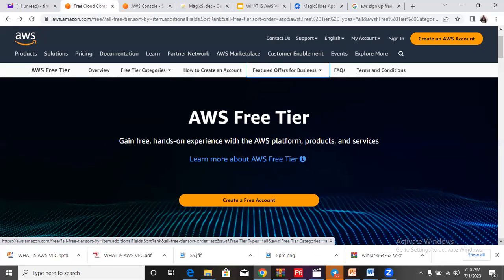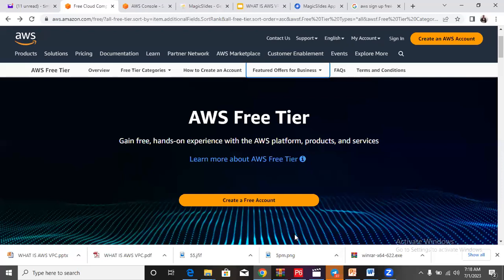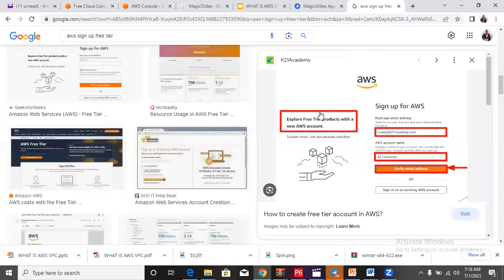You know, AWS is quite expensive using their services, so we are encouraged to use the free tier aspect of it, which will not be billed so much, or rather will not be billed within a period of 12 months. So that is that. So when you click this create free tier, like you see it, all right, immediately a page like this